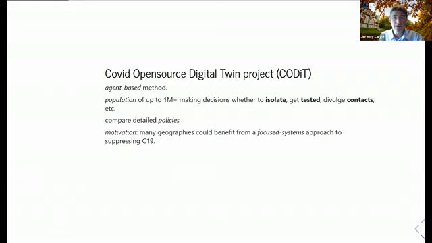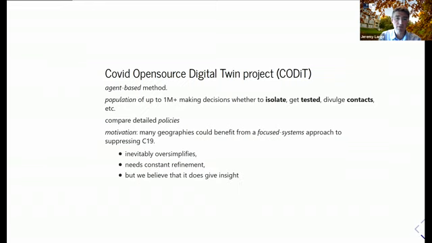Put more generally, we wanted to emphasize a focused system approach to suppressing C19. Remember this, we're back in autumn 2020, when the system was quite fixed.